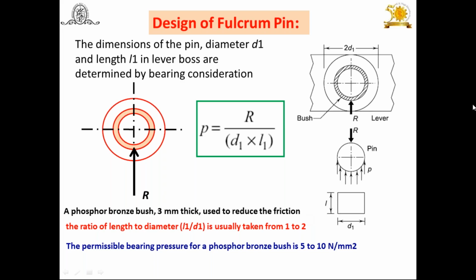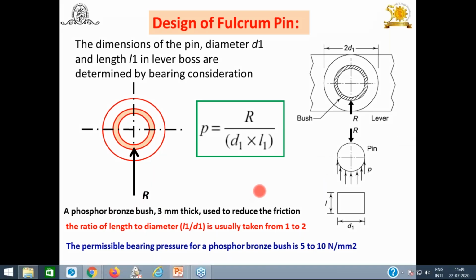Now the third step is the design of the fulcrum pin, and it is very simple. Try to understand. The fulcrum is at the middle. Suppose for the case of the first type of lever, or first class lever, look at this. This is the washer. Now consider this is 2D. Then this is the pin. Look at the cursor: the middle portion is the pin. The pin diameter is D1, so we will consider D1.